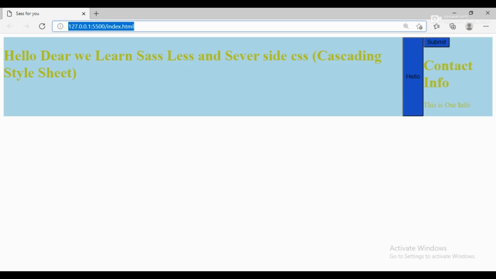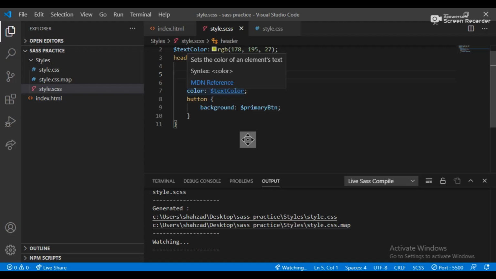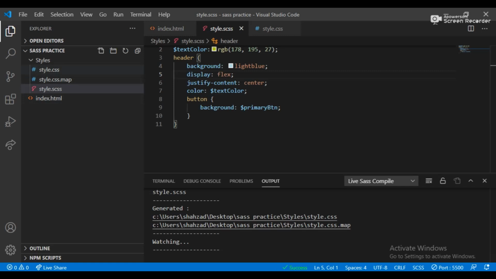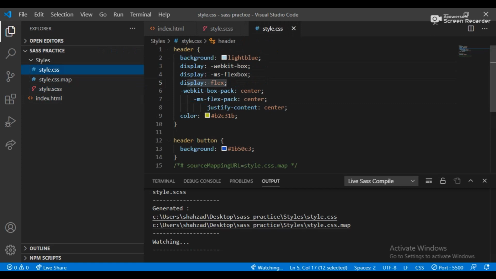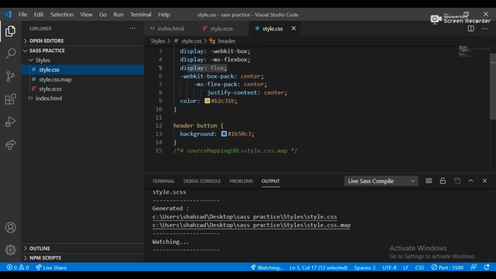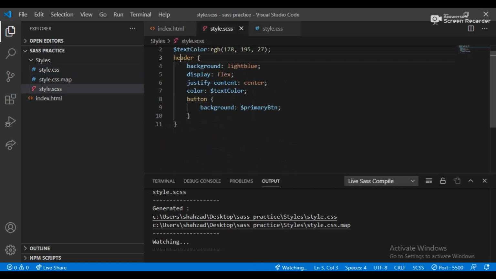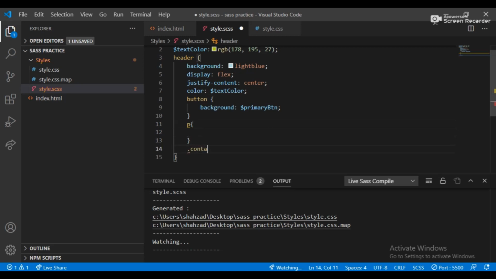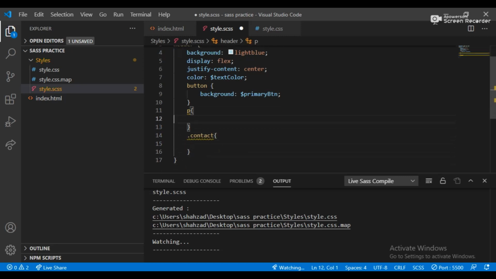Now you can see the result of this value. So this is less code. You can see I'm just adding the button into the header, so the header will add all the buttons into this. You can see before and after in the style.css. You just need to understand what happened in the style sheet. Here I'm just adding a single header and I add the button. If you want to change all the paragraph content which is nested inside the header, you can add it here and it changes the look and feel in a particular section.